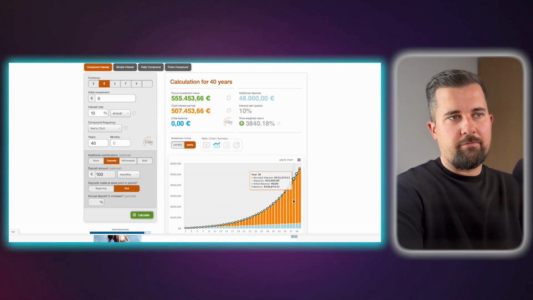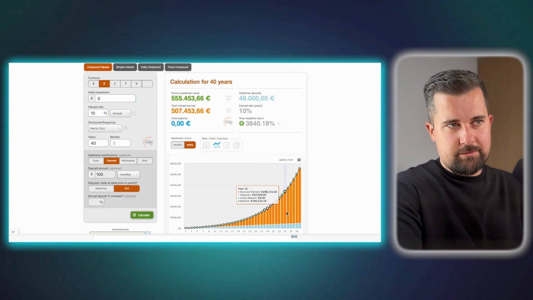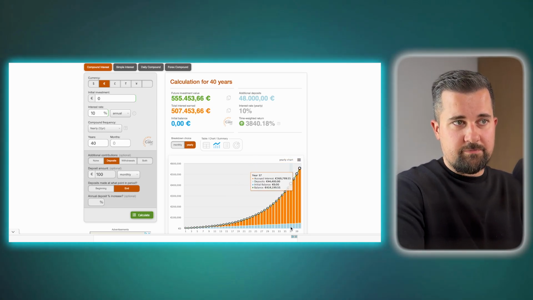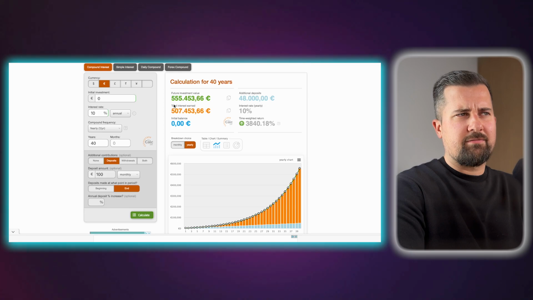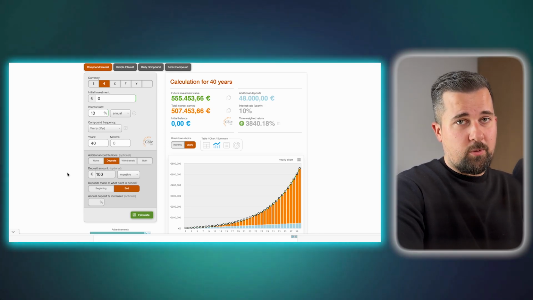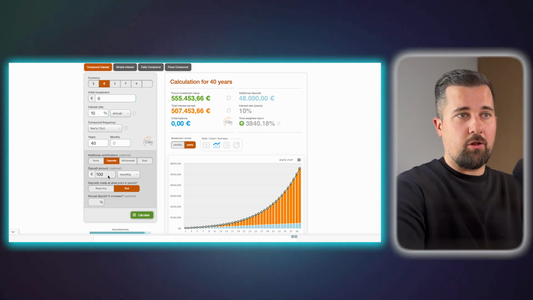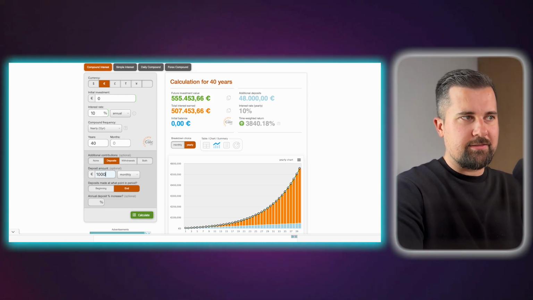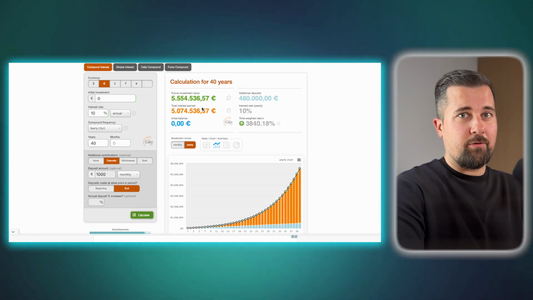If you look at the graph, the orange part is the compound interest. Compound effect is rapidly increasing because the blue line is the amount of money you actually put in. Now, some of you might think 555,000 is not that much. Well, let's not forget that quite a few of you actually earn significantly more money and can invest a lot more than 100 euros. Let's take an example with 1,000 euros a month, and we have 5.5 million.